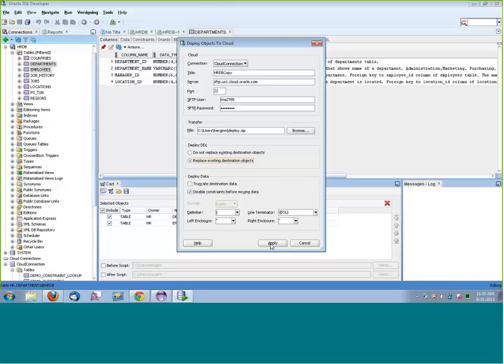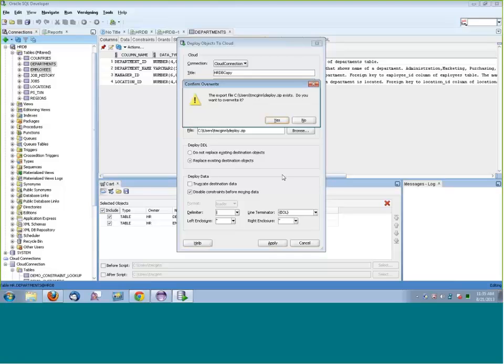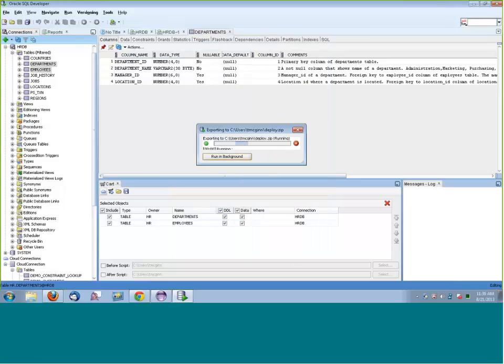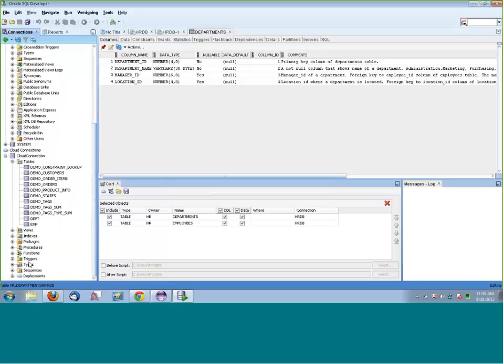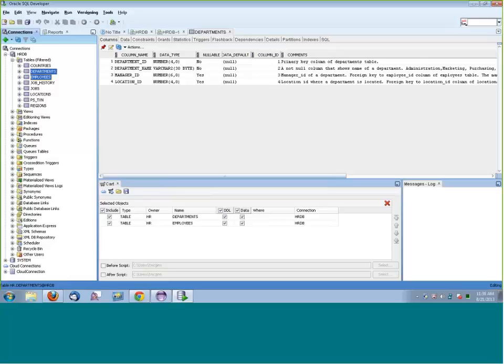So then we'll click Apply. Oh, it's going to ask me a question about whether I want to overwrite my zip file. I'll say yes. And it starts running in the background. While that's running, let me scroll down here and show you